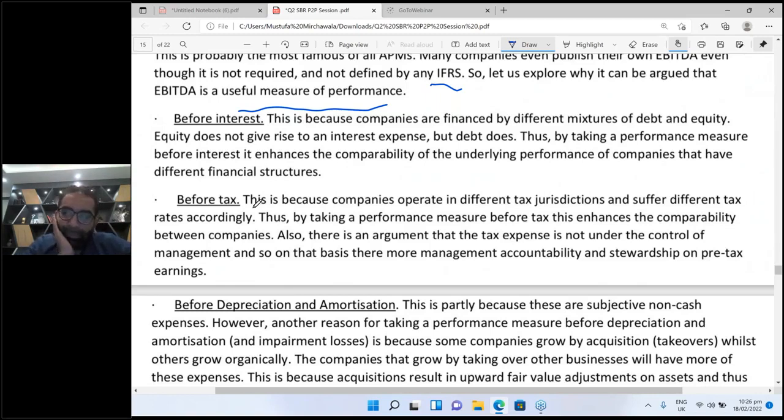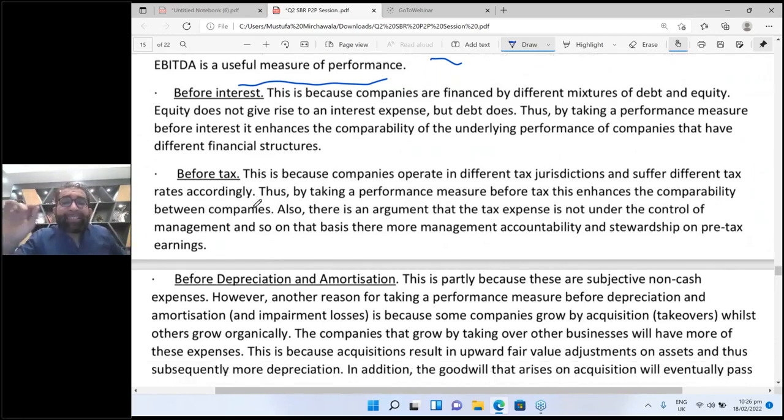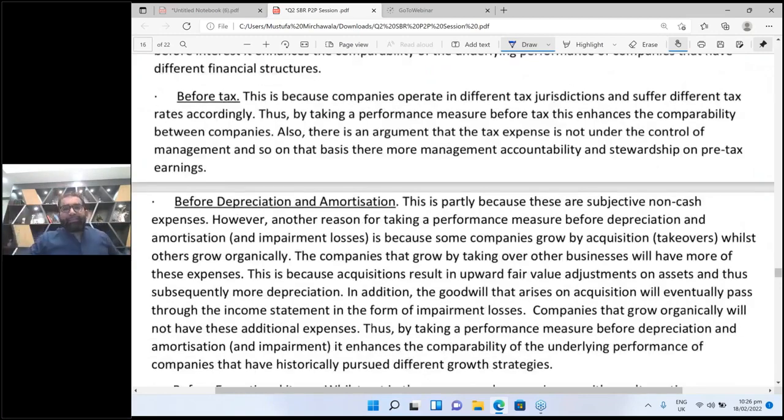Now, next thing, the third was before interest, before tax, and now before depreciation and amortization. Now this is very interesting. First of all, depreciation is estimation. Depreciation and amortization is estimation, and when you include estimation in accounting, there is a chance of fraud. We can manipulate books when we are allowed to do estimation. So it's better to remove the estimation thing.